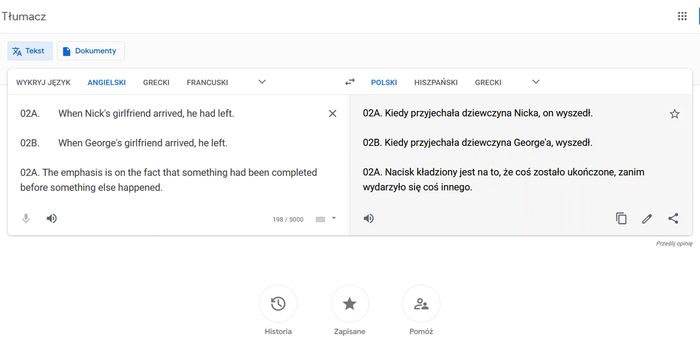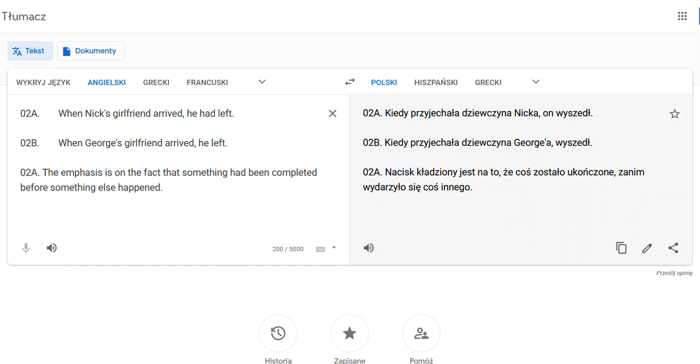Okay, pretty good translations. Okay, what happens first, chronologically speaking, what happened first takes the past perfect. So what happened first? Let's say Nick left at 22 hours. Okay,